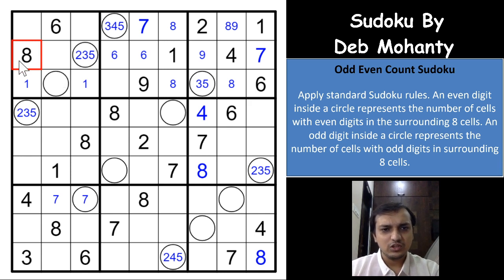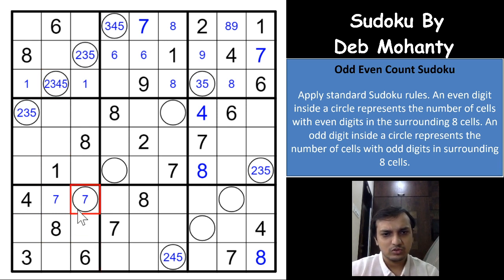Why is it the case? Because you already have one even digit. So if you have a 7 here, you need to have 7 odd digits. So all these digits will have to be odd then, right? All the surrounding. And if you see the 2 here, 2 has to be in one of these two cells. It cannot be in one of these two cells, which means 2 has to be in one of these 5 cells if a 7 is here. So you would have 2 even digits surrounding these 8 cells, which means a 7 cannot be here. So 9, 8, 7, 6. So 5, 4, 3, 2 is the possibility, right? 2, 3, 4, 5. 1 is not possible again. 9 is not possible. 4, 8, 6, 3 is not possible. 1, 2, 5, 7, right?